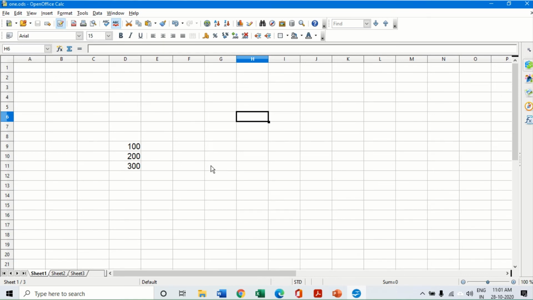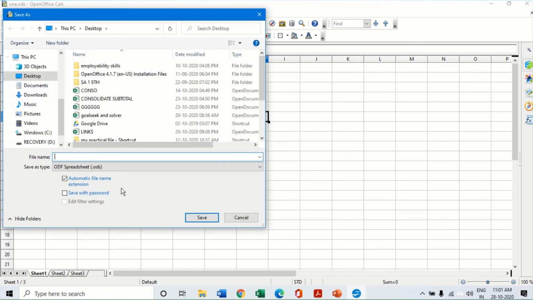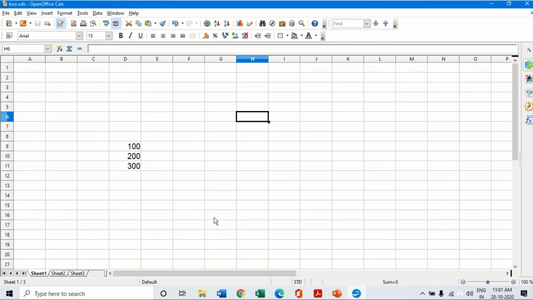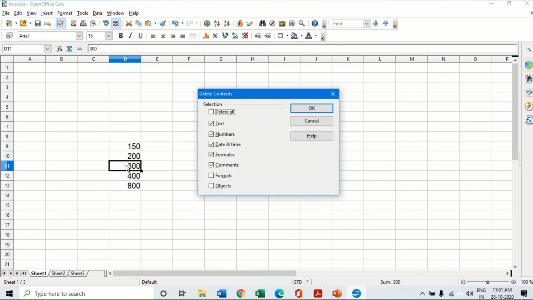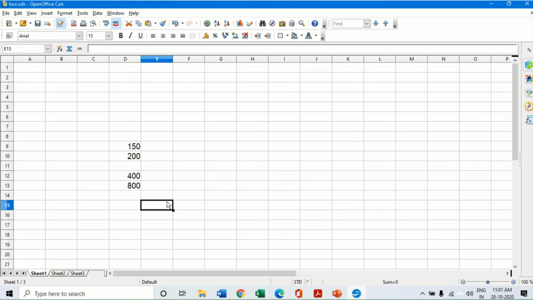Now here I forget to record changes, and I make a new file with the same data, and I give it the name 2. So this is the same thing but another copy, and somebody else has been asked to review it, but I forget to record the changes made in the new file. So here I am adding some more data, say 400, and I am adding another one, 800, and this one I am changing to 150. These are the changes I am making, and this one I am deleting. So I have made a few changes, but I have forgotten to record them.